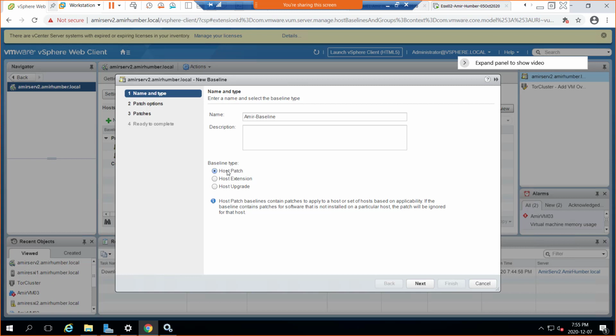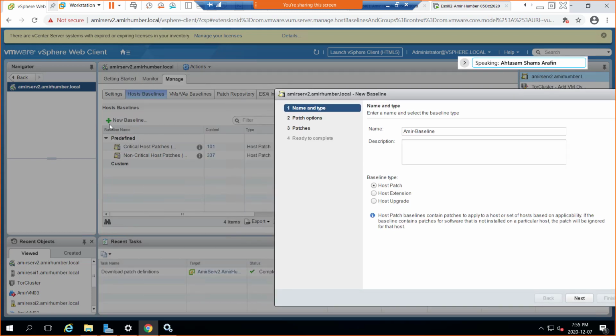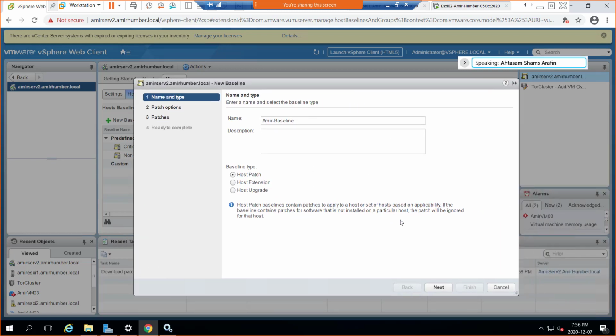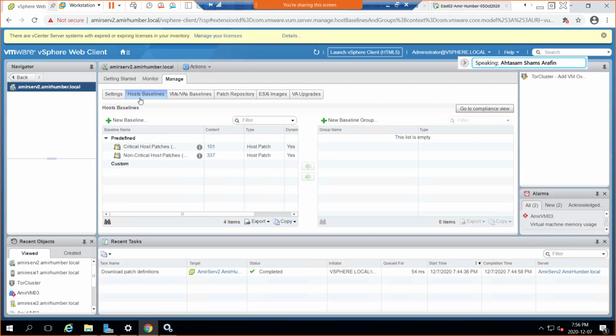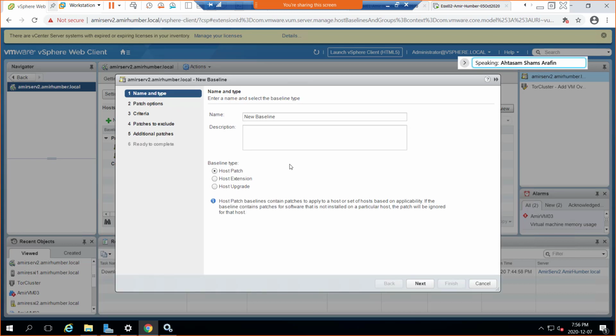Okay, so what is a patch exactly? Yes, a patch is any update. Suppose... Okay, a little bit lost. So on the baseline, what do I just select? Yeah, did you click the new baseline? I just host baseline, then? Oh, you're not on this screen, right? Yes, I'll cancel out. So I'm on host baseline, and then I click this new baseline. Okay, thank you. And what is a patch? That is a question as well.